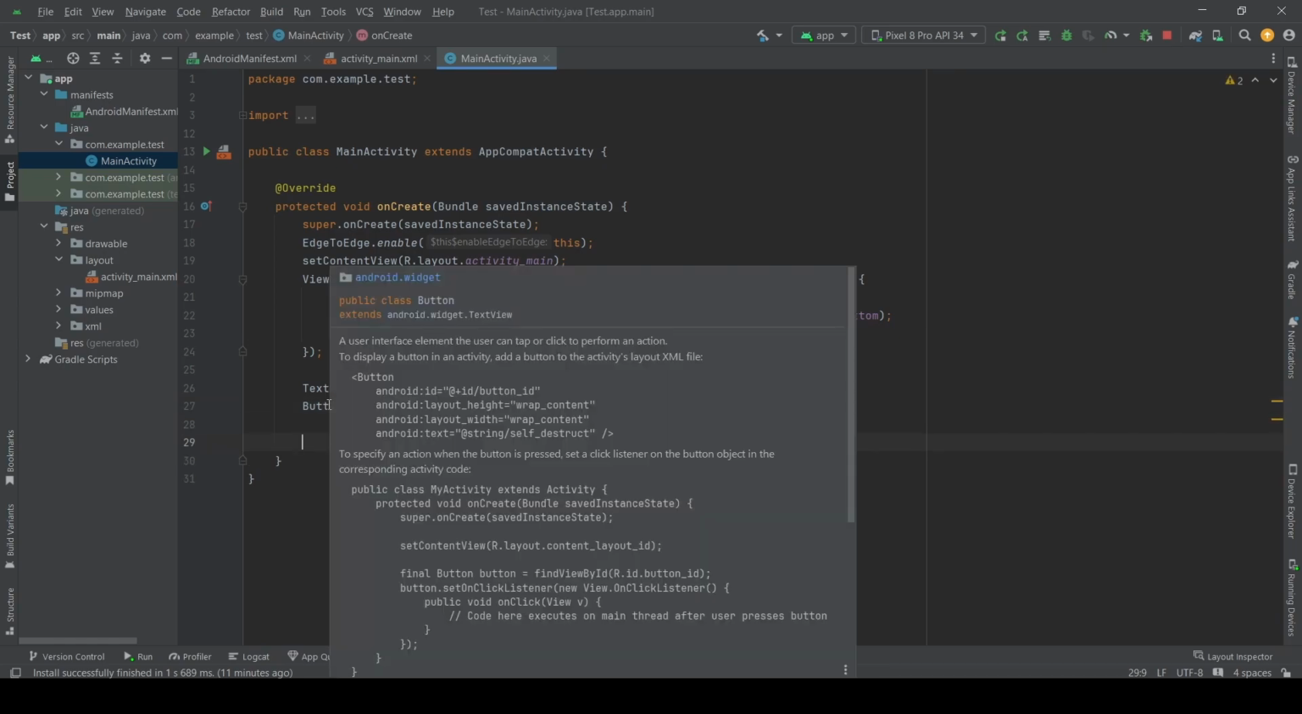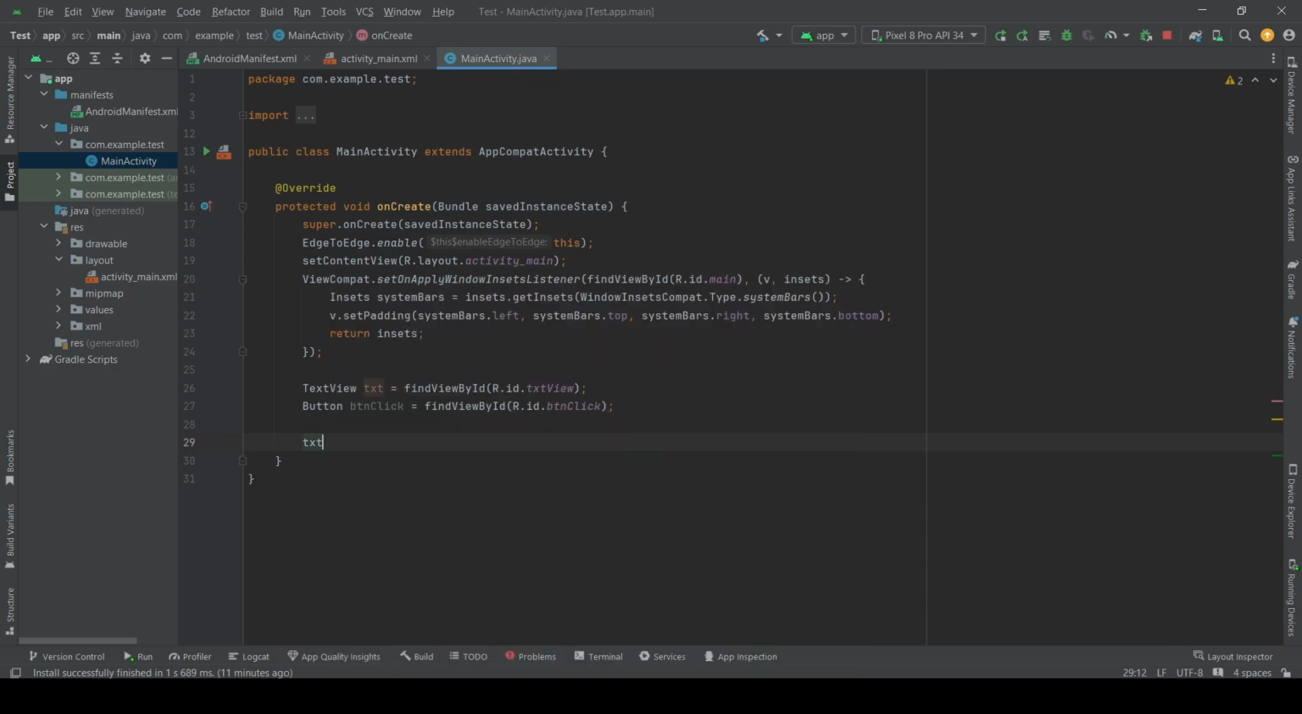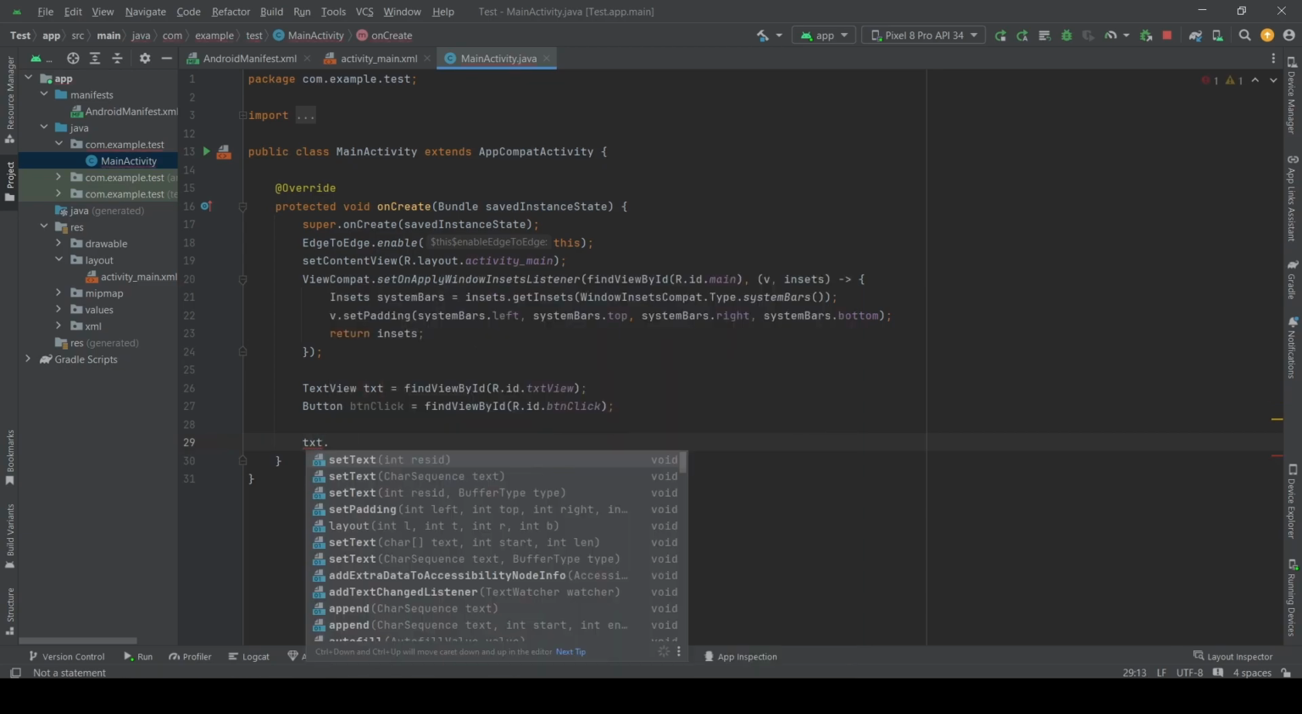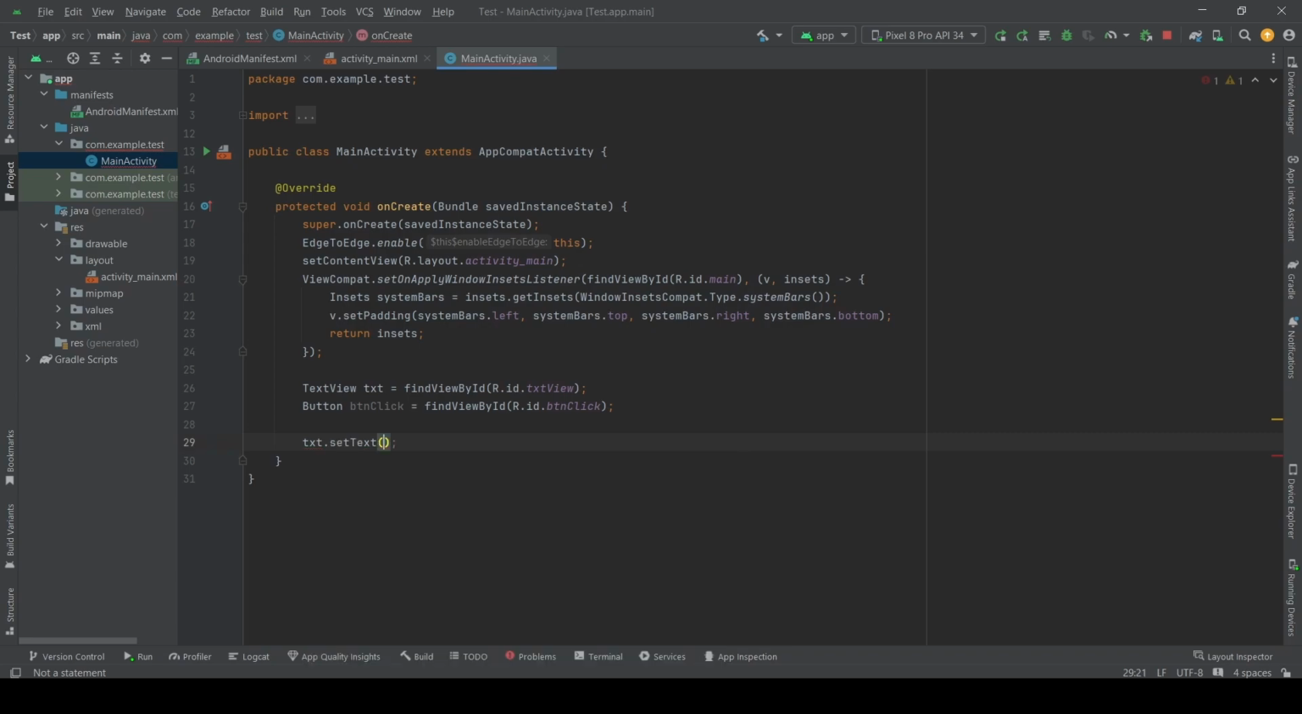Okay, so let's take the text one and see what I can make changes to it, make it fun. I'm going to set its text to say hello user. Okay, and now for the button I'm going to add a functionality when it will be clicked. So how do you do that as well? So button click,